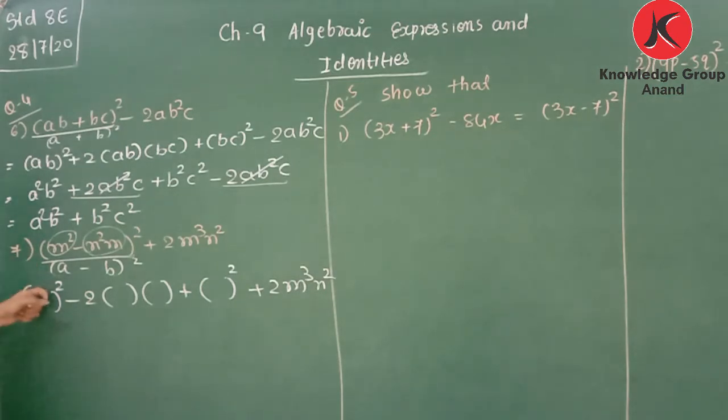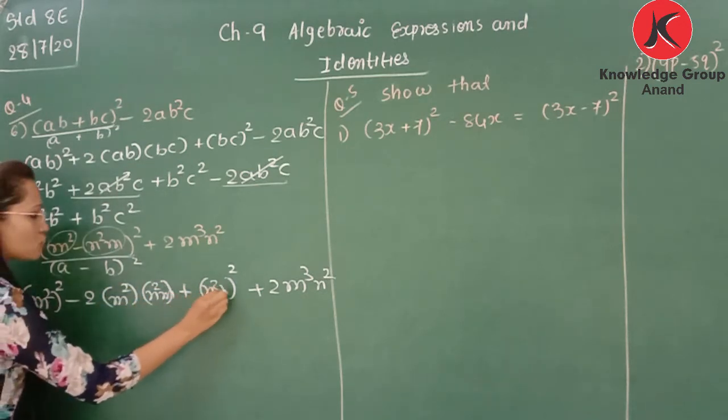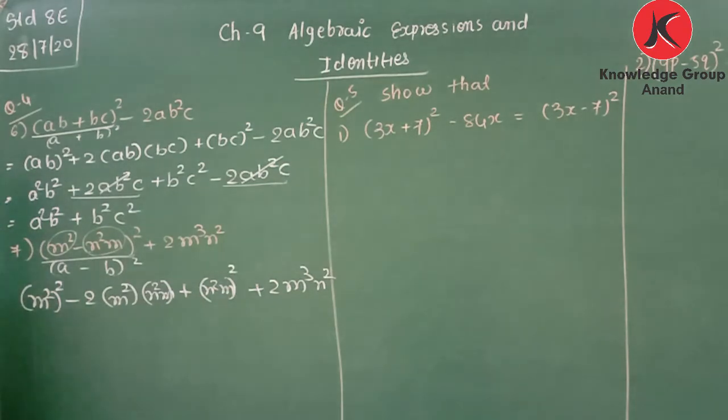Okay, so let's apply the second identity here. Clear? Now (m square) whole square, that is m raised to 4, minus 2 m square into n square m, that is m cube